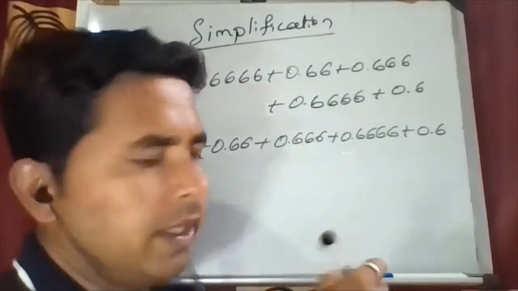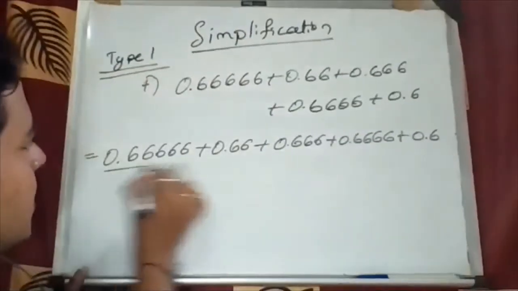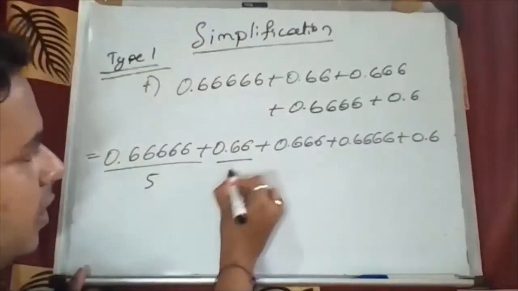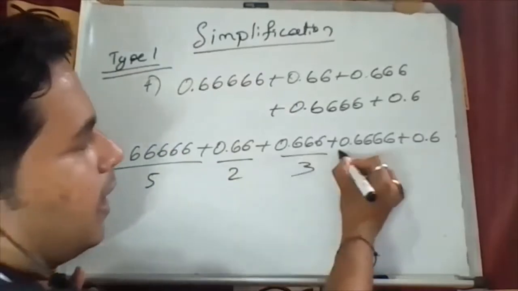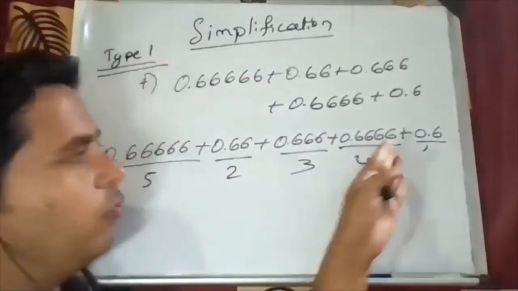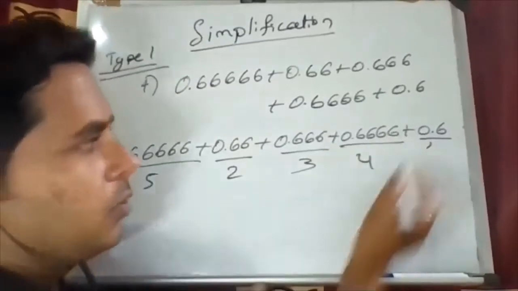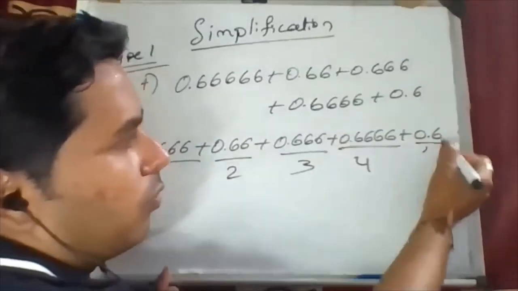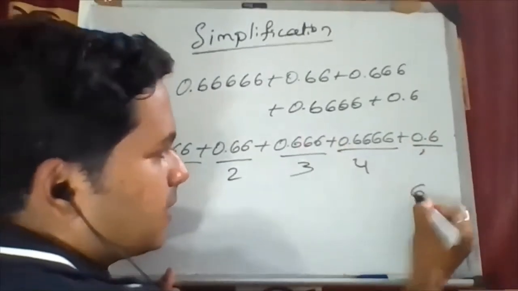Okay, look. So here how many 6s are there? 5 6s, and here 2, and here 3, and here 4, and here 1. As I said, for a decimal value, move from lowest order to the highest. So now I move from the lowest. 1 into 6, how much is that here? I got 6.